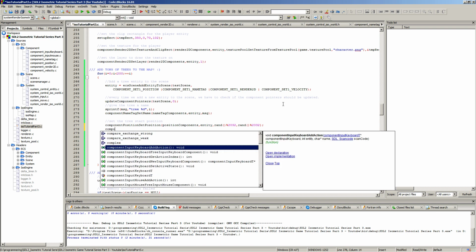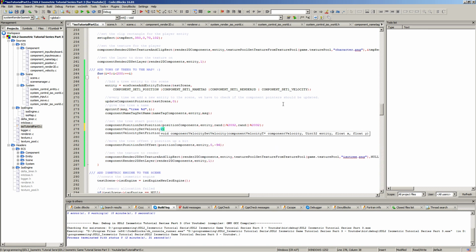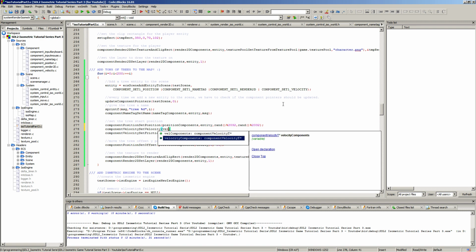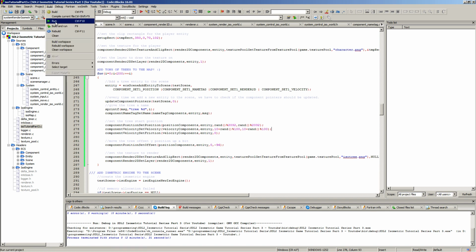Here you can set component velocity. Set velocity. We can just say velocity components entity, and we can say about 10 plus random percent 100, and 10 plus random percent 100. This is the fun thing